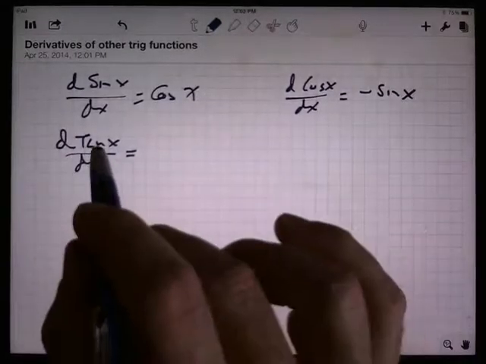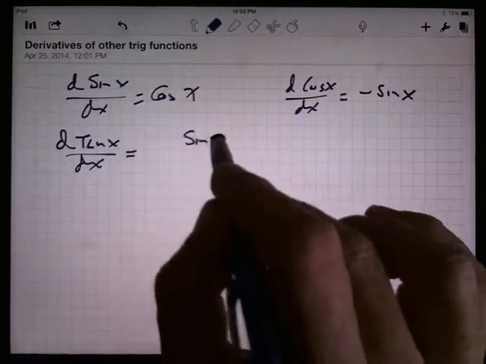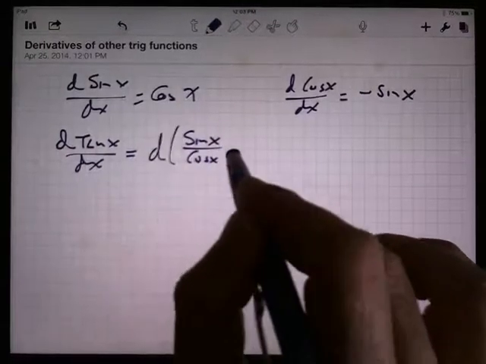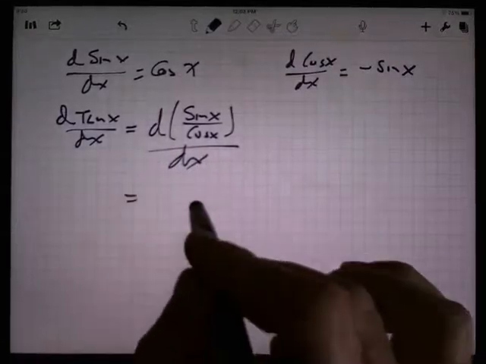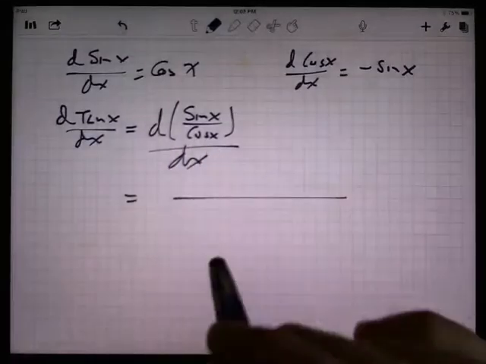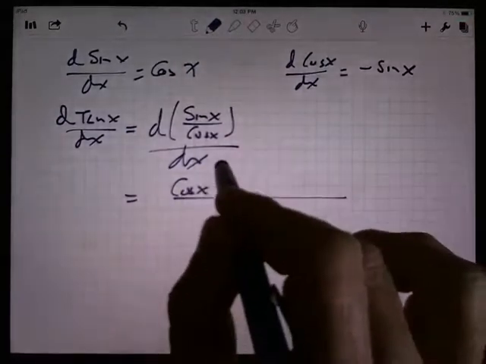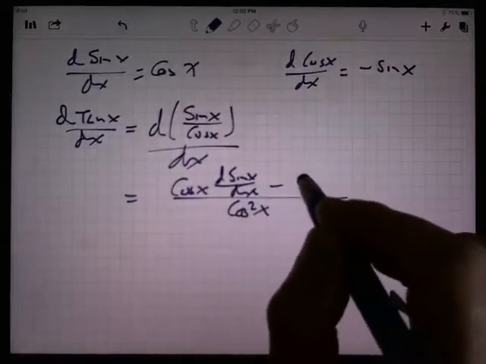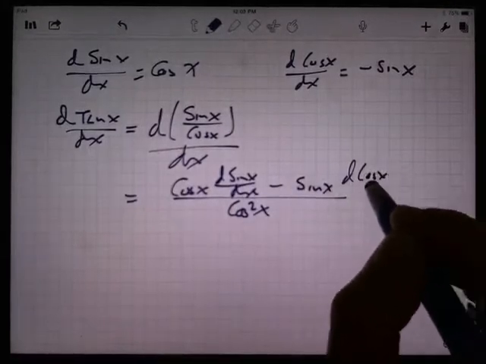The thing is, I know that tangent is related to sine and cosine in the following way: tangent of x is sine x divided by cosine x. So to say that I want the derivative of tangent x is to say that I want the derivative of this quotient of sine and cosine. And hey, I know the quotient rule. I can do that. So the bottom turns into the bottom squared. Then you've got the bottom times the derivative of the top, minus the top